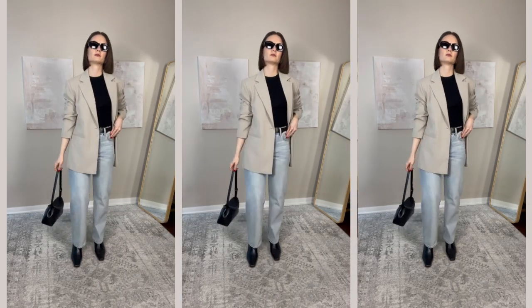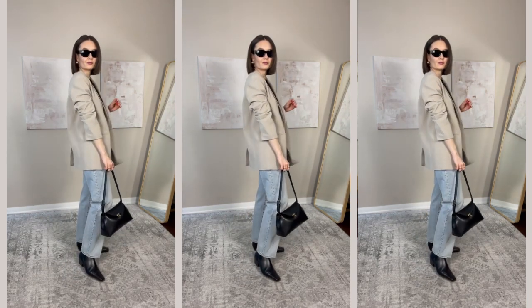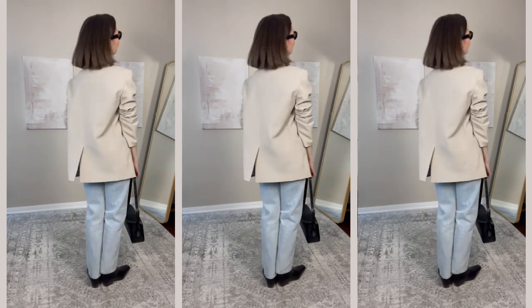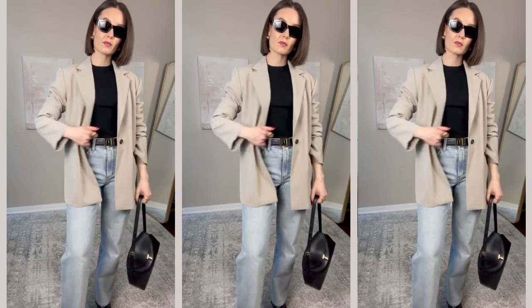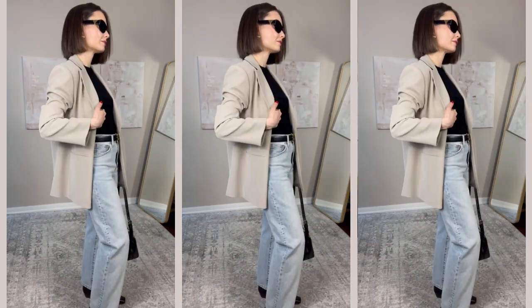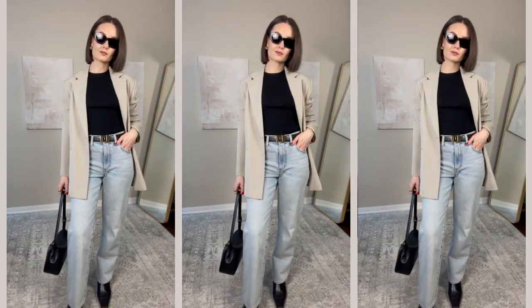Next up is one of my favorites, and that is to go for lighter denim. I still wear lighter denim during winter, but I definitely gravitate towards it more when the weather starts warming up or when we are heading closer to spring. I think lighter denim just screams warmer weather, so I like to switch up my darker denims for some lighter wash shades. And I think again, the same as with the light base outfit, this just feels a lot fresher,